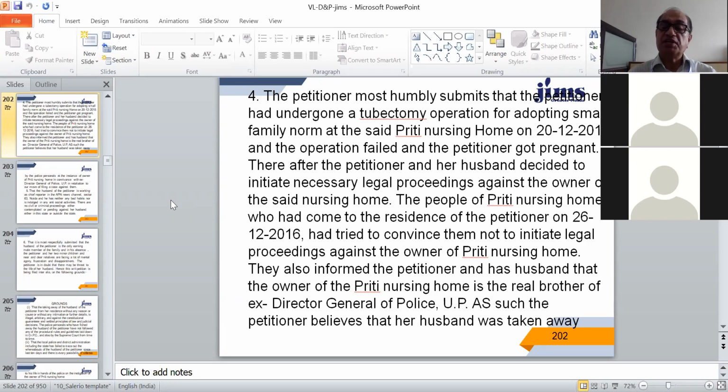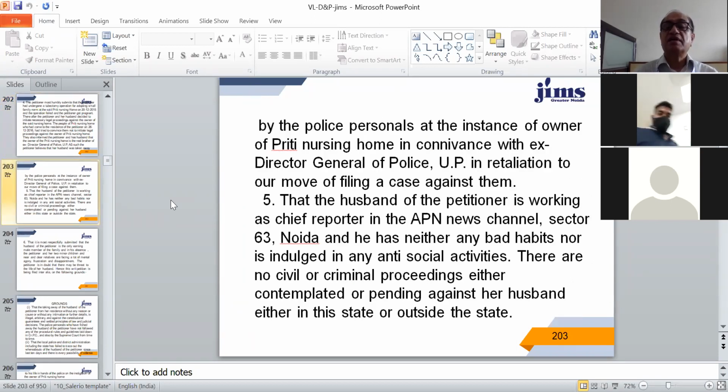They also informed the petitioner that she and her husband should not file a case against the owner of Preeti Nursing Home, because he is the real brother of the ex-DGP of Police UP. As such, the petitioner believes that her husband was taken away by the police personnel at the instance of the owner of Preeti Nursing Home, in connivance with the ex-DGP of Police UP, in retaliation to their move of filing a case against them. Para 5. That the husband of the petitioner is working as chief reporter in the APN news channel, Sector 63 Noida,